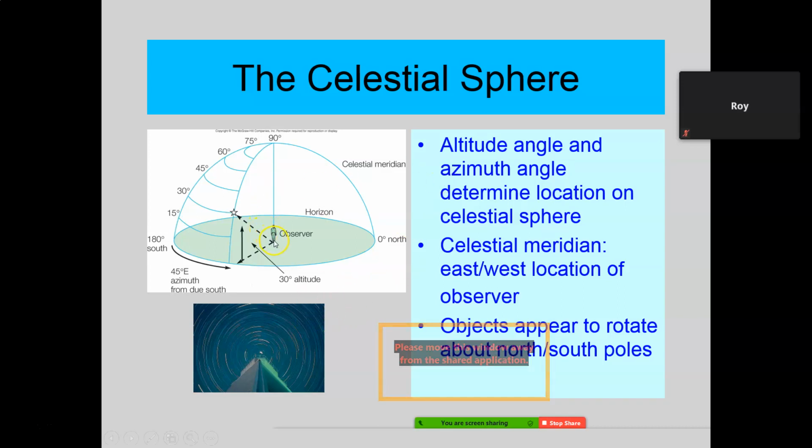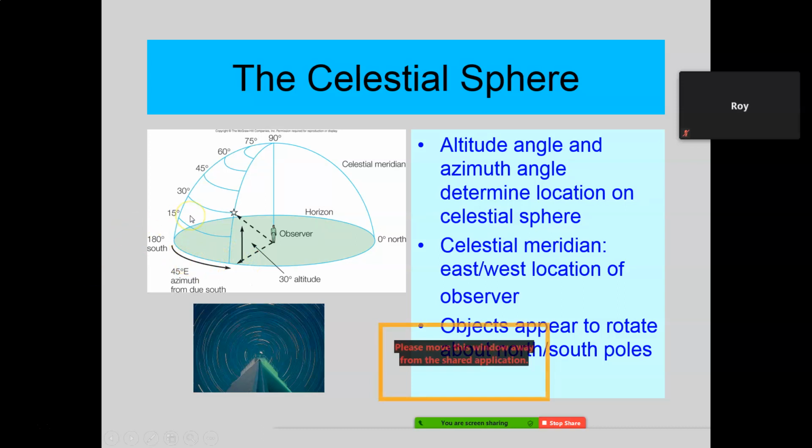Now, here's the guy standing on the surface of the Earth. Here's the celestial sphere up here. It's an imaginary sphere above him. Let's say he's looking at this star here. That star, from his horizon, which is horizontal to him, goes up a certain angle. That's 30 degrees up. So that's called his altitude angle of that star. From the sky's horizon, how many degrees up the celestial sphere. That's a 30-degree celestial angle. That's like our latitude lines on the globe, if you're familiar with that.